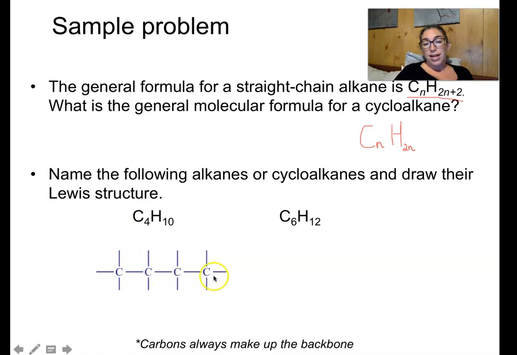Of course, they're all connected by one of those bonding arms. And then all of these extra ones are where you're going to attach all those hydrogens. You can double count to make sure that there's 10 of them, and there are. Same thing for this